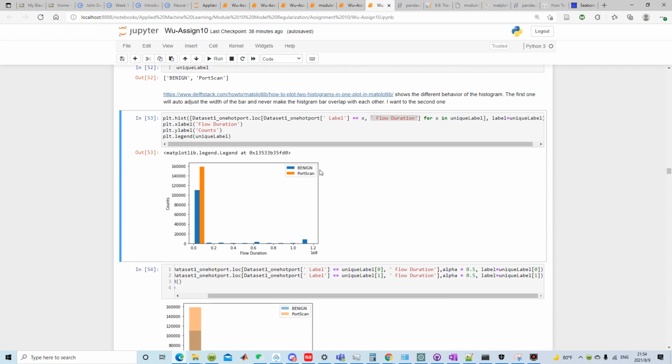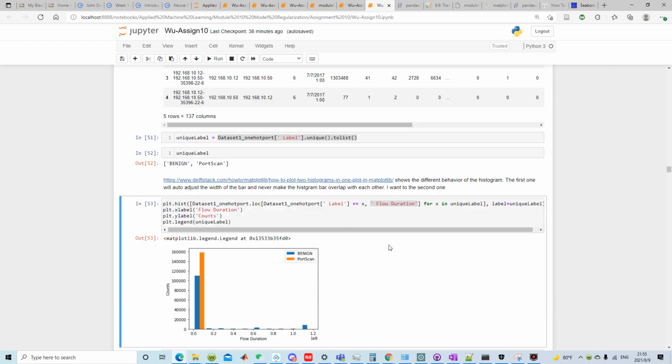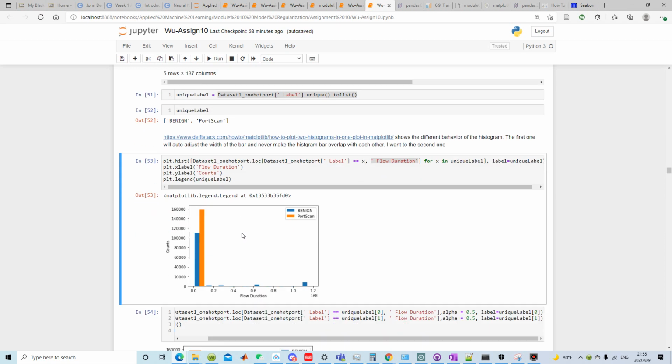So we color code it by the class, and then we're interested in seeing the class distribution in terms of flow duration. So this histogram is okay, but one problem is that if you plot this way, you will